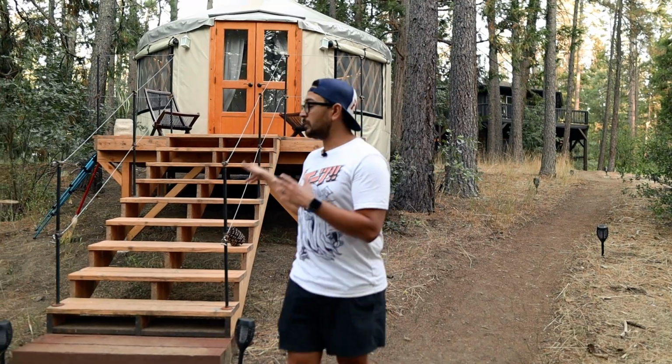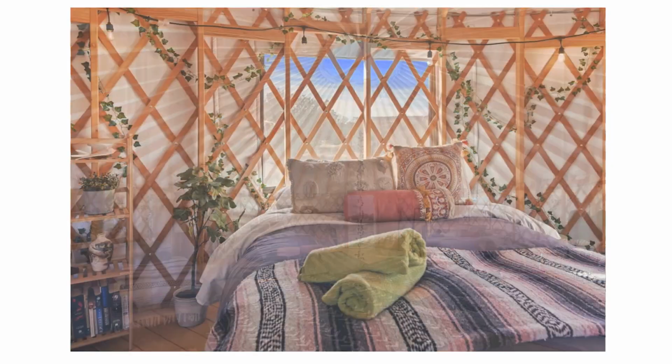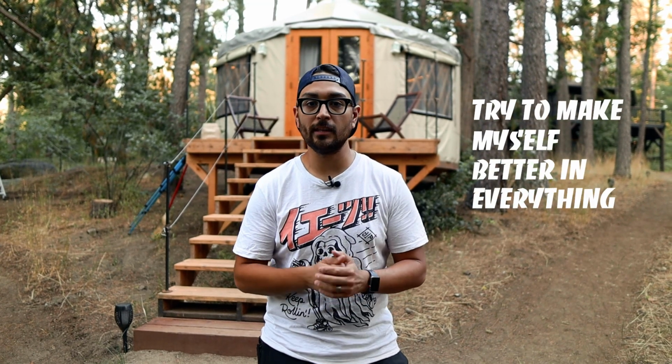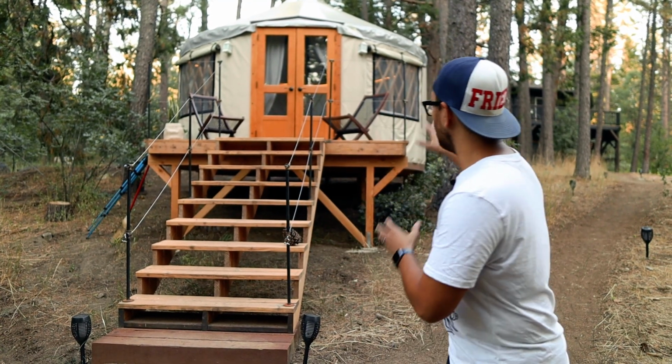Yeah. I'm really excited about this yurt specifically because I myself am a yurt owner and I also own a glam site. So for me, I like to one-up myself and try to make myself better in everything that I do by seeing what other hosts are doing, how they think out of the box. And I use that to kind of dictate how I want to evolve my own design palette. So they've done a really, really good job. As you can see here, the yurt itself